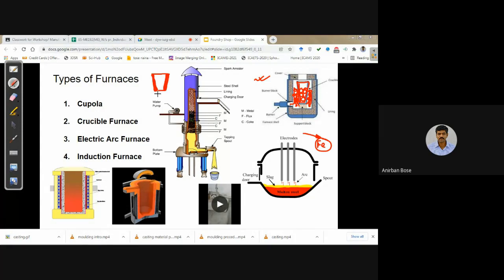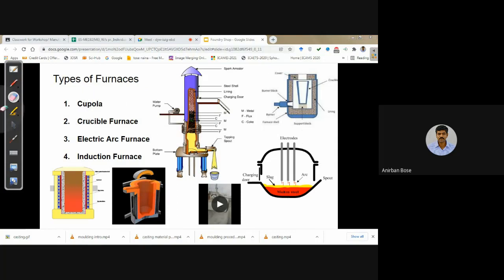The basic requirement for the crucible material is a very high melting point, and it should be highly thermally conductive, so that the outside source of heat can easily be transferred through the crucible into the charge material. This is the way finally the charge material melts down and can be taken out. So this is the crucible furnace.